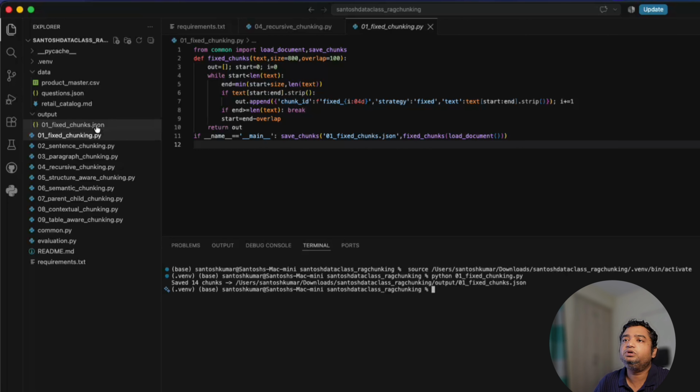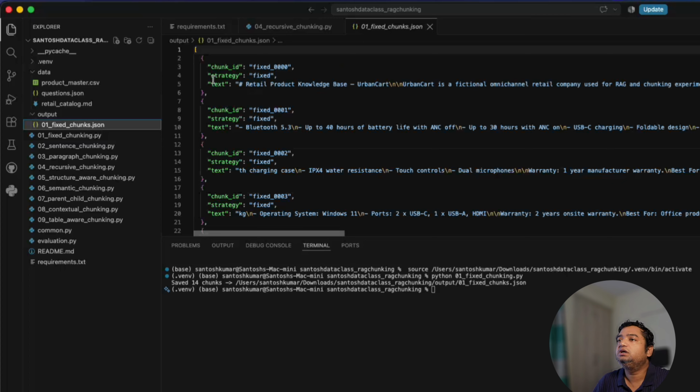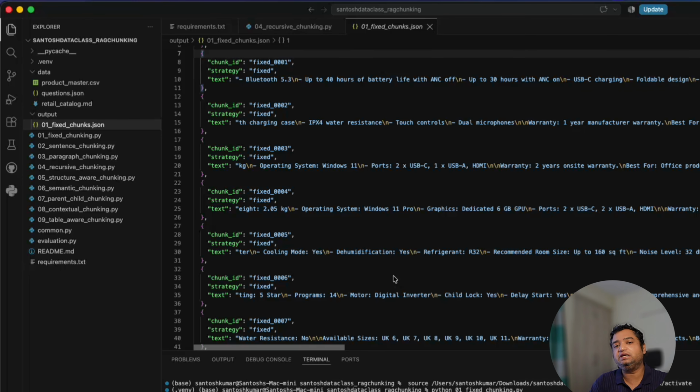Okay. So the output JSON is created here. You'll see this is my chunk ID, and the strategy is the fixed one. I have just given the program the outputs, which will be like this, and this is my first chunk. This is my second chunk. So in fixed chunking, no logical